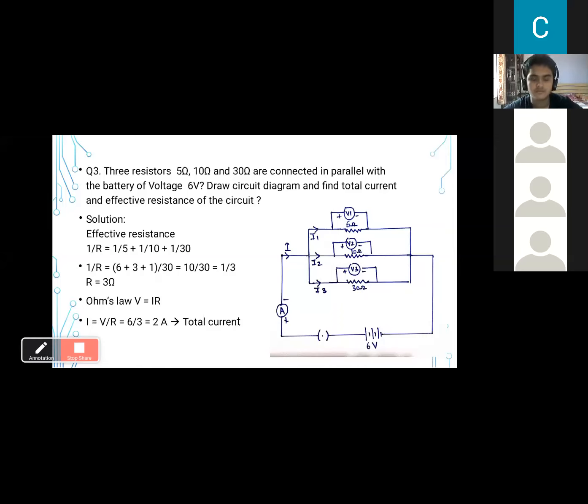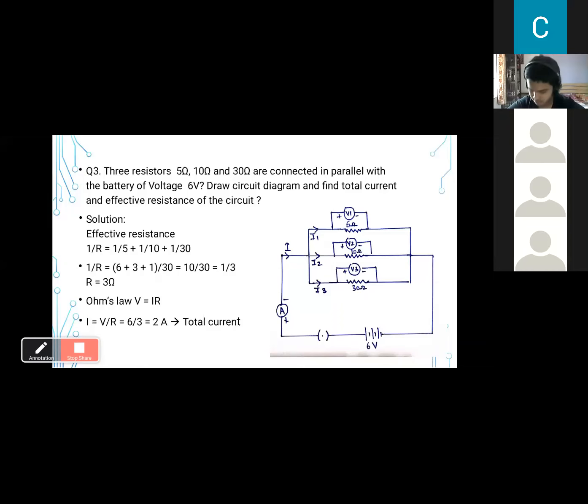So we see that we get variable current by dividing into 3 branches or more. How do we get variable voltages in a series circuit? Because the current is the same. You have studied Ohm's law, V equals IR. In series the current is the same, but the resistance is different. Whenever the resistance is different, obviously the voltage will be different. Because the current is the same, but one of the other variables is different.